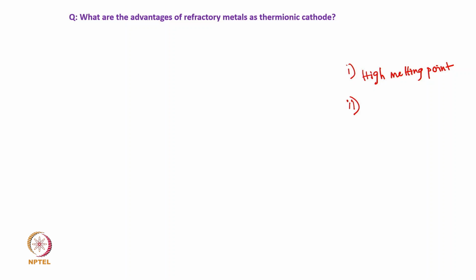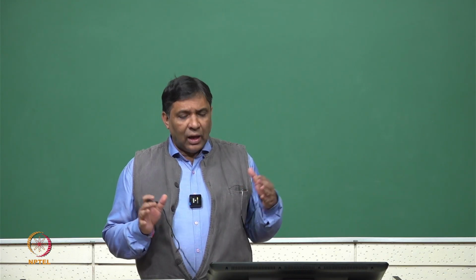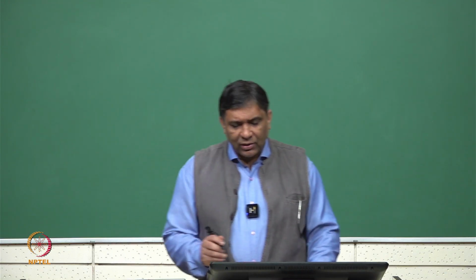For refractory metal the work function is not that low, 4 to 5 electron volt is the typical work function, but one can optimize the work function for refractory metal, okay, for a good emission. So, work function,